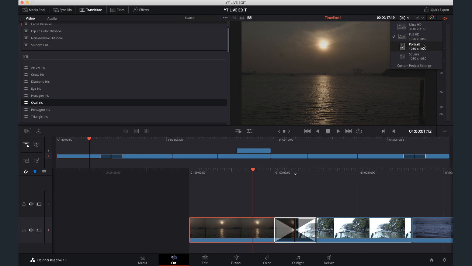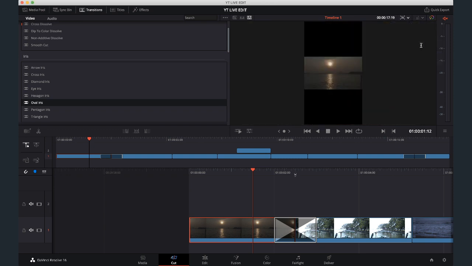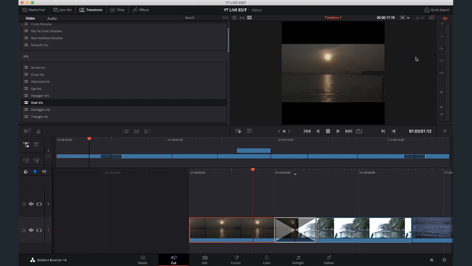So if you want portrait, nothing to worry about, just click portrait and you are in a portrait mode. And if you want a square, you are in a square mode, just like that. Your resolution changes just like that. And if you want it to be zoomed, or if you want it to be filled, you don't want to work on your